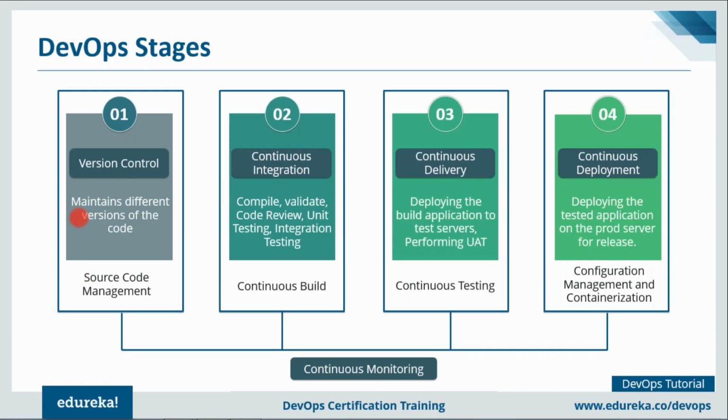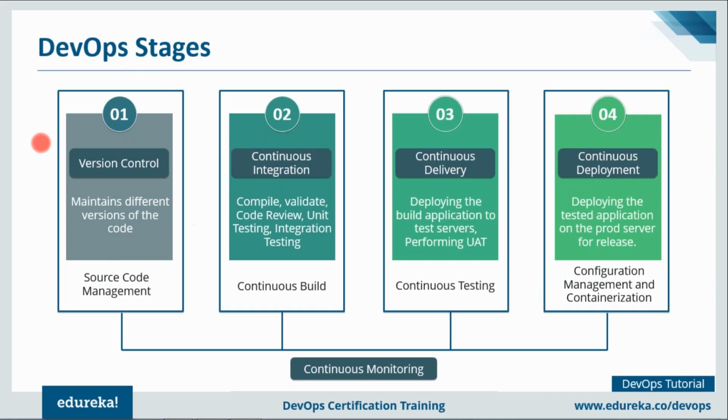My point here is, how will I know which commit has caused a particular error, or who has made which commit at what time? To answer all of these questions, we use version control tools like Git, Subversion, etc. These tools will maintain different versions of the code. So even if I want to revert back to the previous commit, I can go ahead and do that. I can check out the previous version of the code as well.